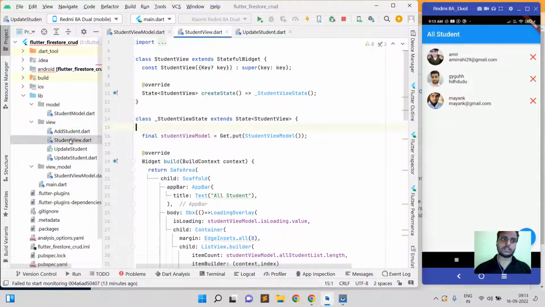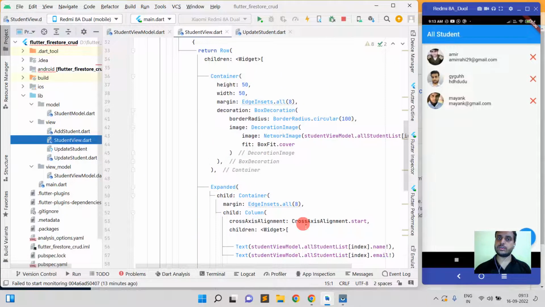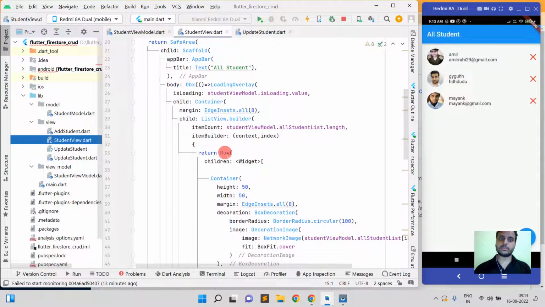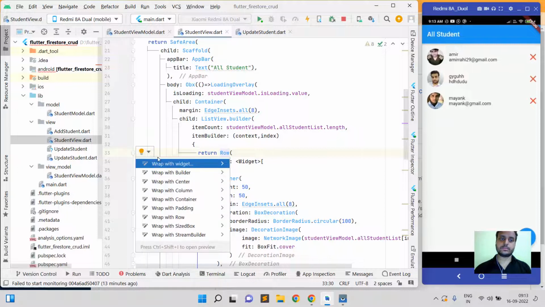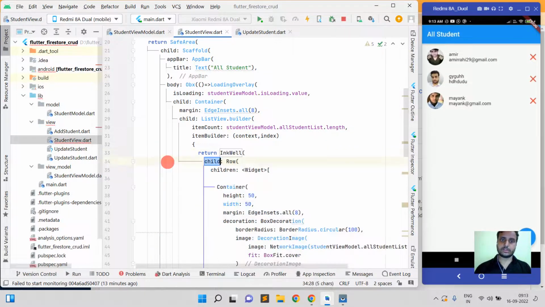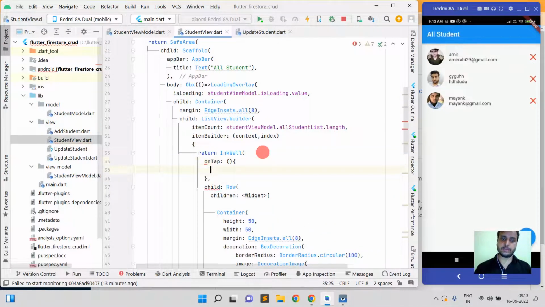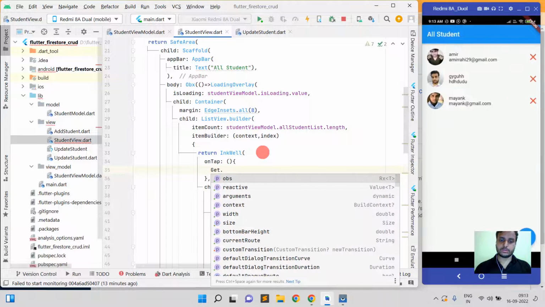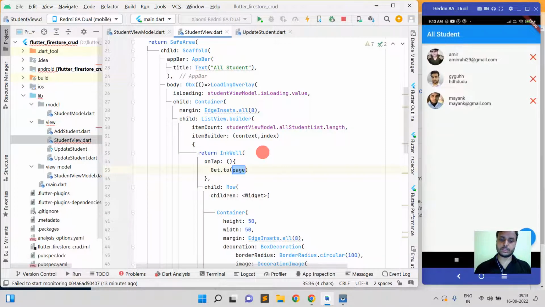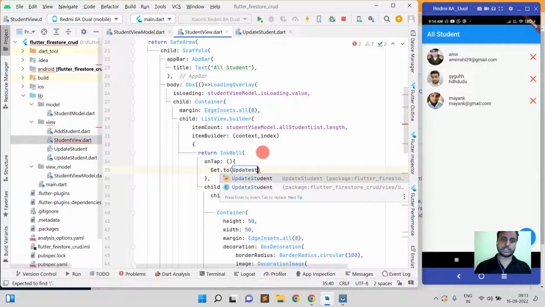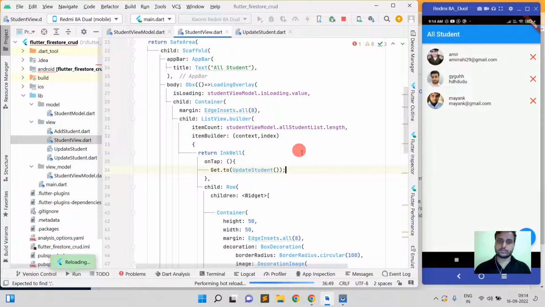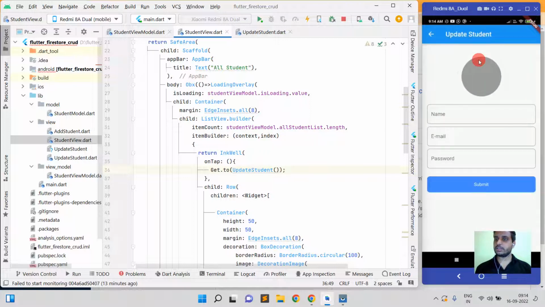And here in student view, when we will click on any item, means in row, then we will use on tap, and here I'm going to use Get.to and then pass update student here. So when we will hit this any item, then we can see we are in update student. Okay,